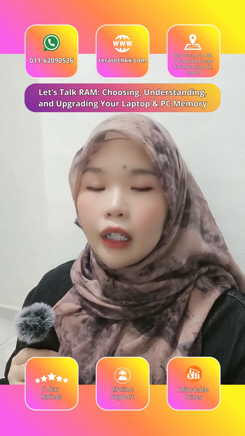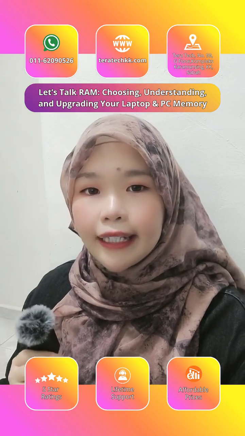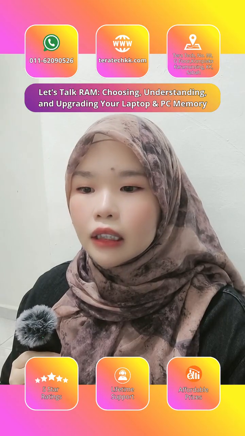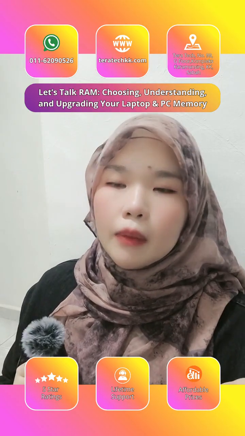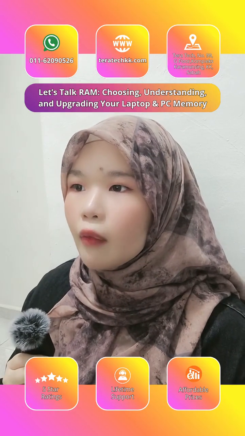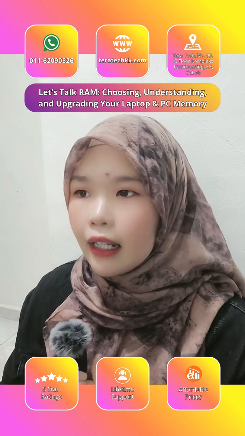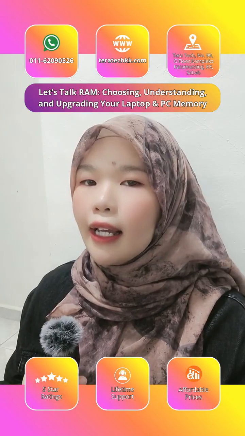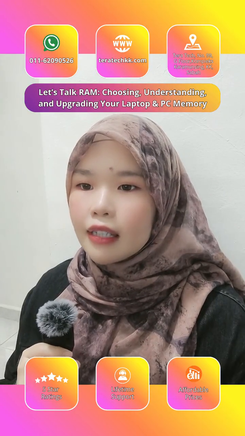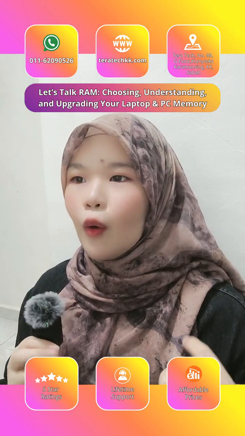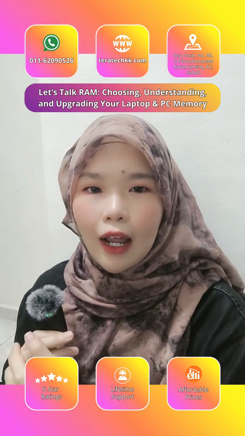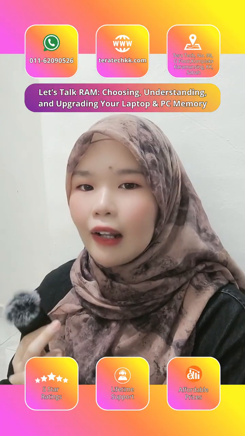so for part 3 here, why upgrading the RAM is a good idea. Okay, the first one is, nowadays the minimum requirement is 8 gig, right? If you have 8 gig or more, then you will get an instant performance boost. Okay, but you have to make sure that you are already using an SSD for the storage. Okay, if you are still using an HDD, and you want to know the difference between storage and RAM, just comment down below and I will explain it to you next. Okay,